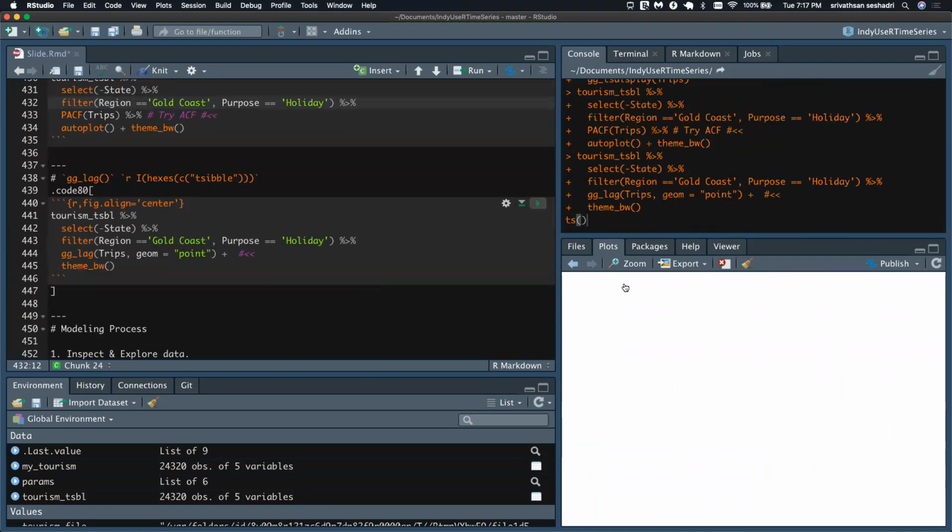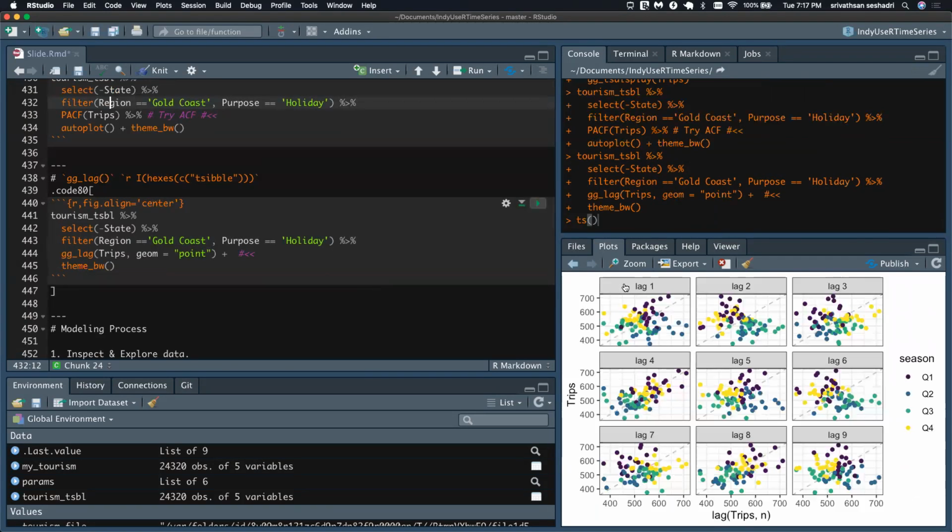And the other intuitive way for managers to get a sense of autocorrelation is this way. The data point is plotted against lag 1, lag 2, lag 3, lag 4. Lag 4 means you go four periods back and that becomes your x-axis, and your y-axis becomes your response variable.